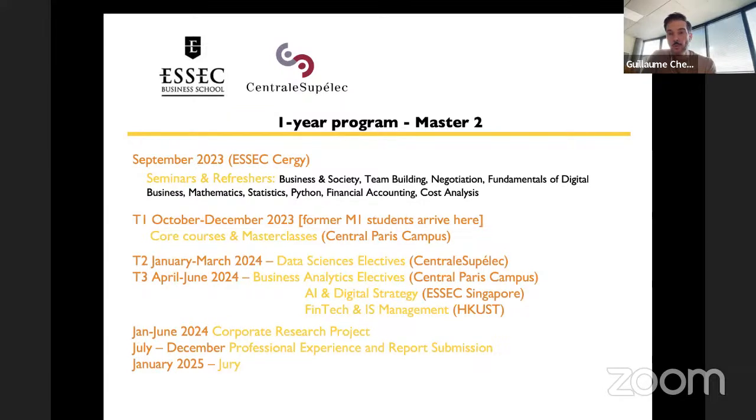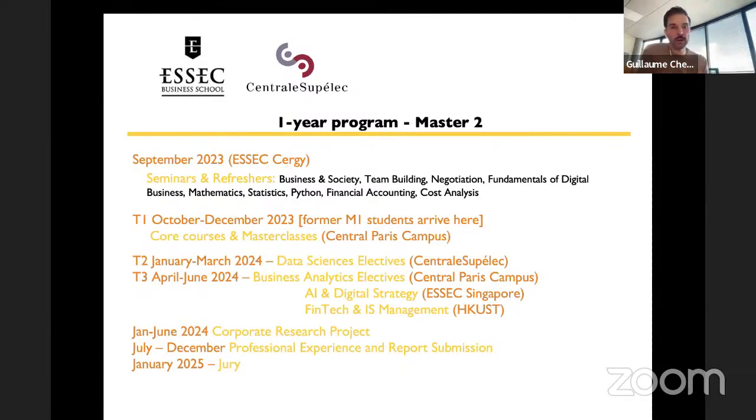If you're a newcomer, so entering directly, then you have seminars and refreshers, the induction period, from late August until late September. This year we'll be at ESSEC in Cergy because it was refocused here. It's refreshers on mathematics, statistics, Python, and then financial accounting, cost analysis, and other things. Negotiation and all these courses, which are seminars,